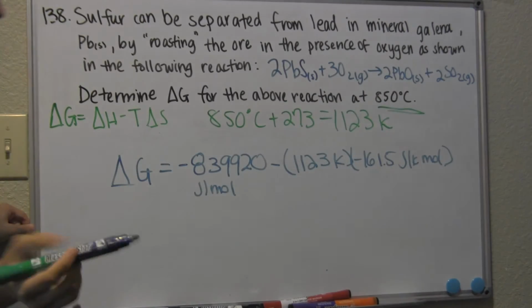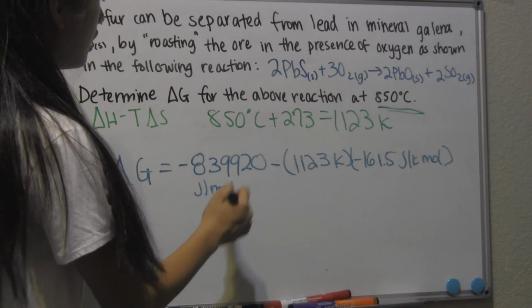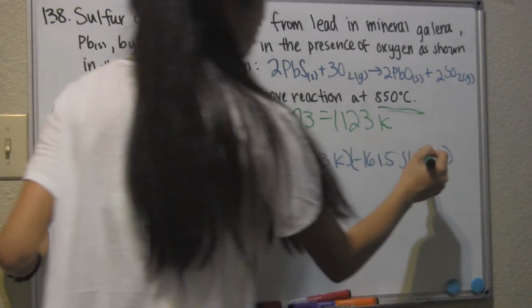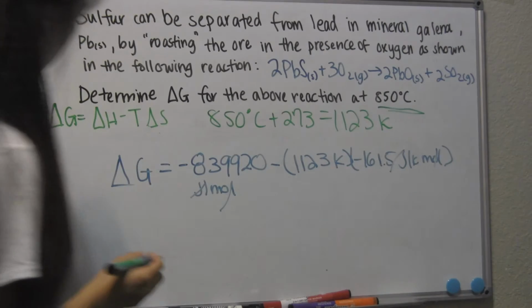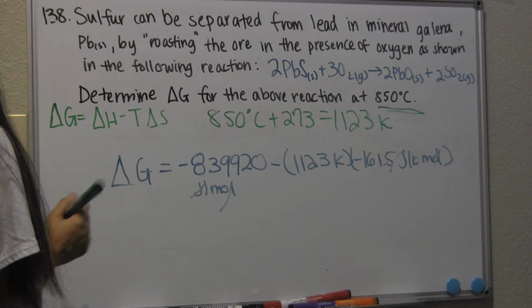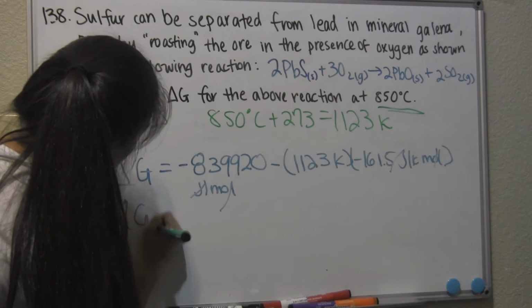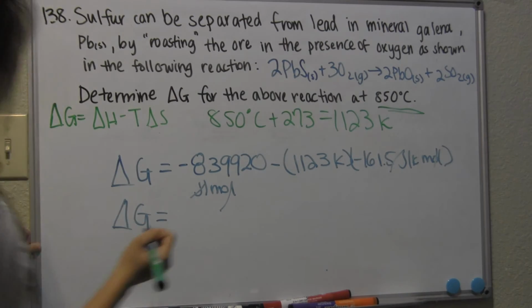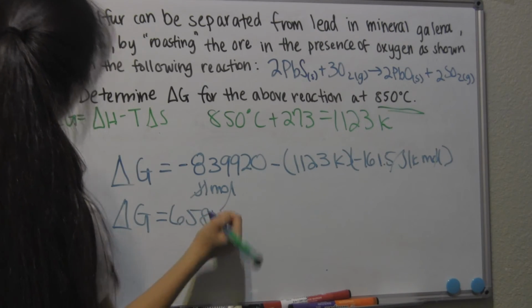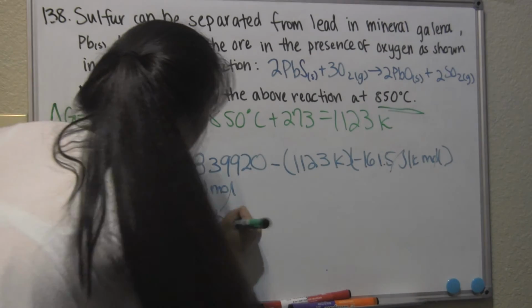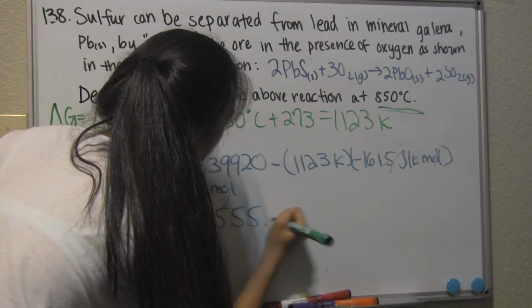So now you just cross out, so moles cancel mole, joules cancels joules, and you're left with the delta G. And so you end up getting delta G is equal to negative 658,555.5